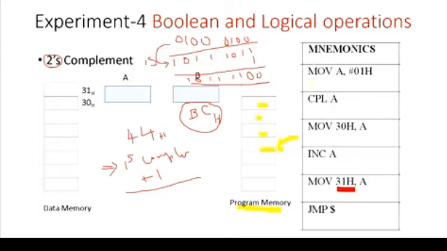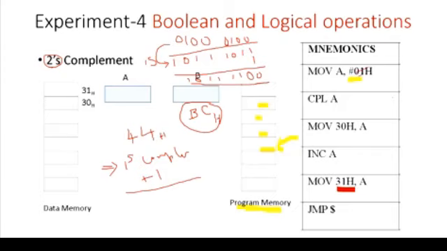If you take this first instruction, MOV A, #01H, this hash represents that it is an immediate number which is available in the instruction. So we need not go and search for it. We don't want to load from any other location. Directly the data is given here. It's an immediate addressing mode, we know already. So this number is moved to the accumulator. Okay, so 01 is moved to the accumulator. You can see here, the accumulator now will have 01.